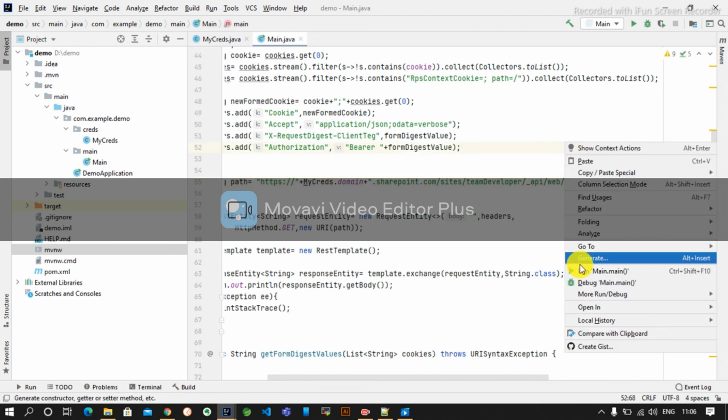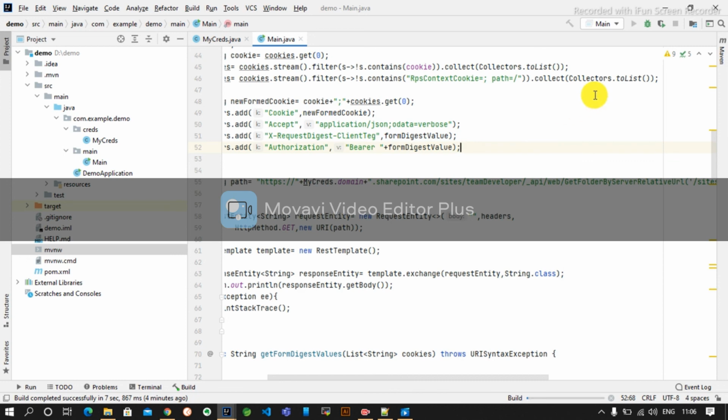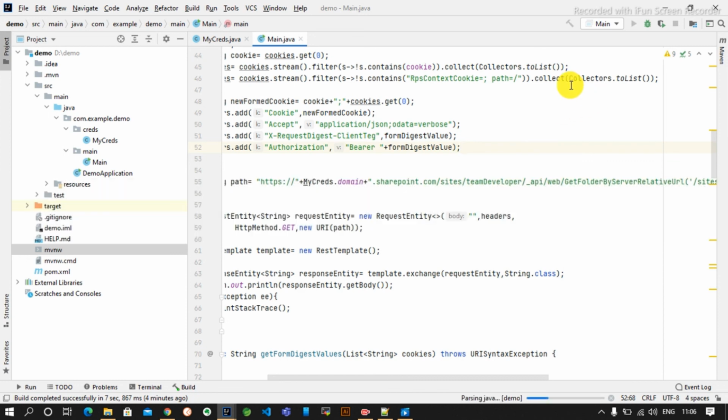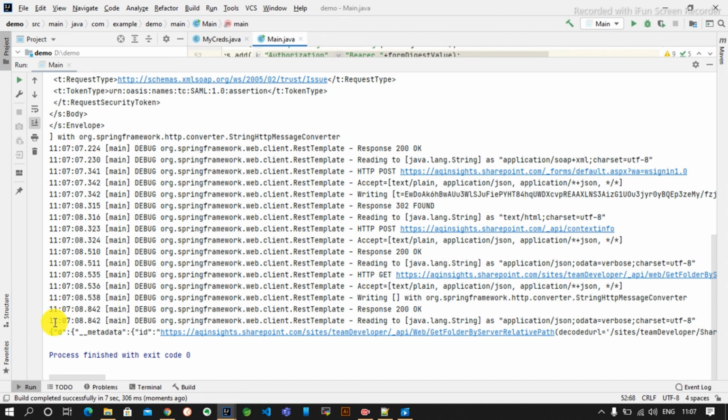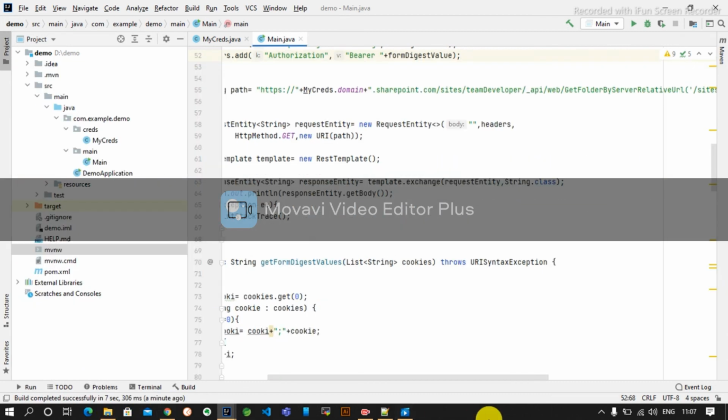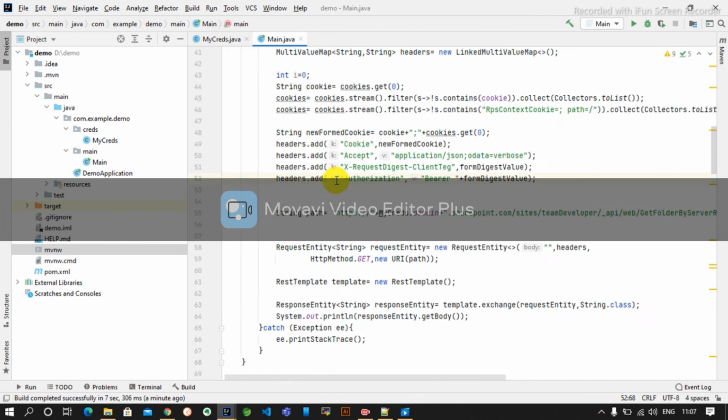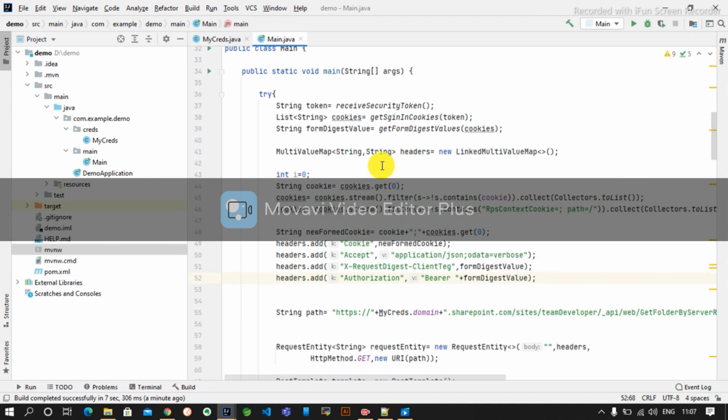Okay, I know the video is getting relatively long, but it's not an easy process either. I am coding step by step, so it will be a long video. With the other operation, you can see I am getting the response here. So this is how you can integrate with SharePoint.